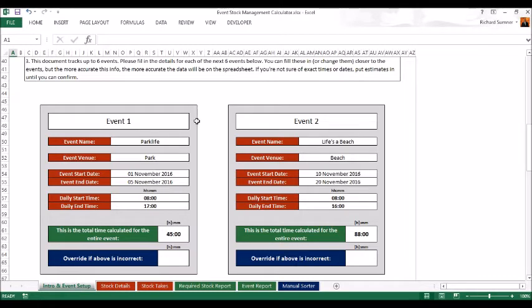Now I've filled in some details here of the events, for argument's sake, Park Life, Park, and so forth. But what you can do is put in the event name, the event venue, starting date, ending date, starting time per day, ending time per day. And why you do that is just so that you can identify that event and also establish how many hours the event's going to last for. The reason for that is because if you've got a 45-hour event and an 88-hour event, you would expect to sell more products at the 88 than the 45. So for that reason,